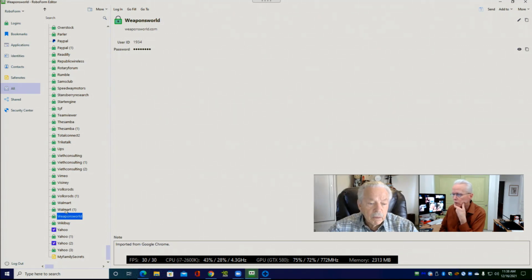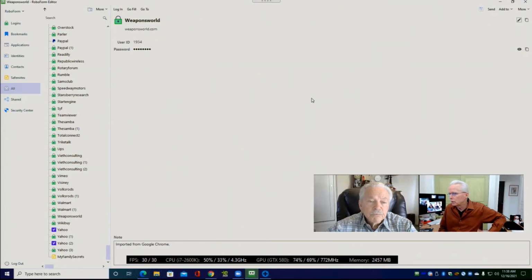So here's the place. When we go to all, we come down to Weapons World, and clearly on the right-hand side here is for displaying that password. Now I'm going to blur the screen. Okay. And we're going to display that because I'm guessing you're going to say, oh, okay, I know that was a very low security password that you might likely use somewhere. So I'm going to undisplay that, but just showing there now unblurring. So I didn't reveal that password.